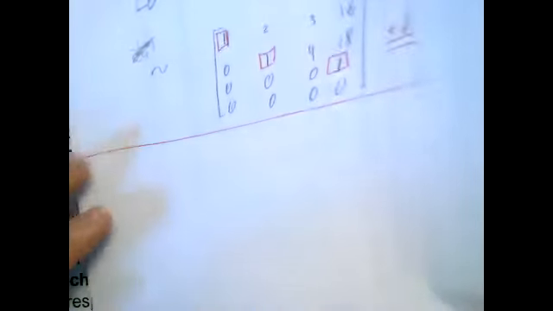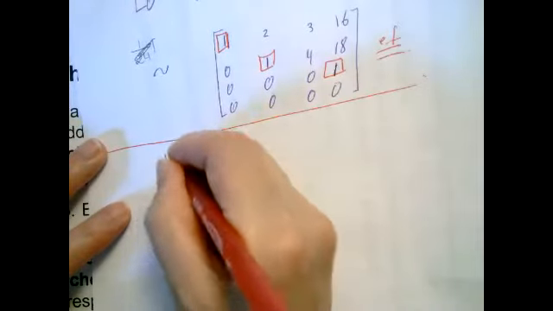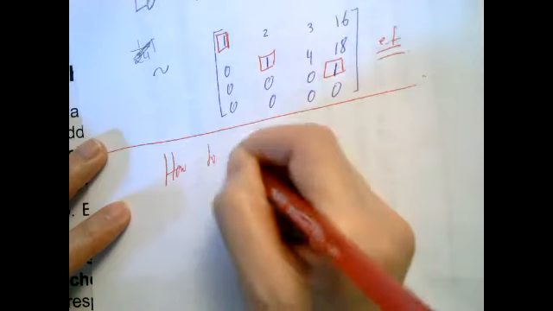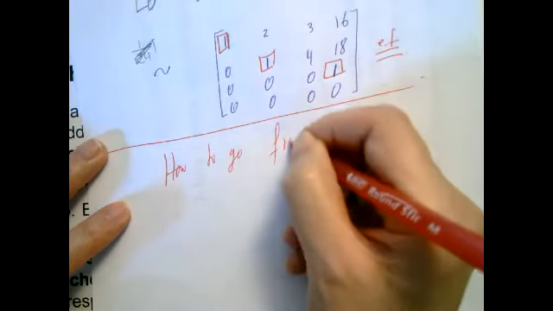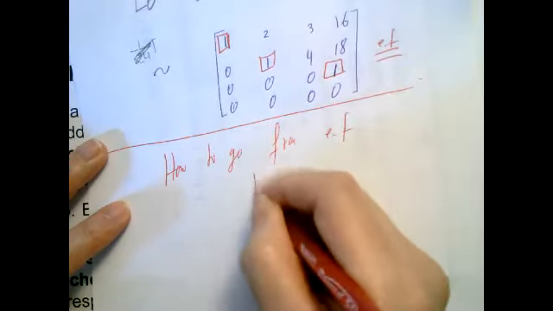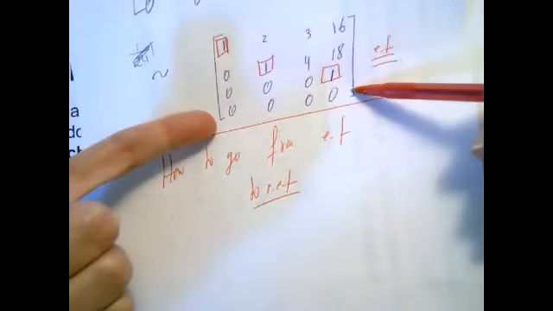So the third question is how to go from echelon form to reduced echelon form. It means if our matrix is in echelon form,